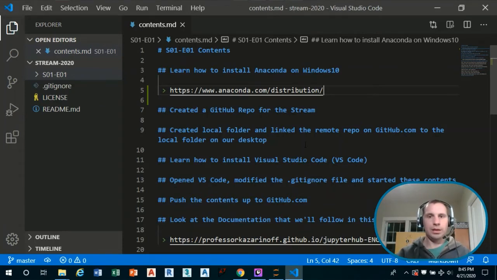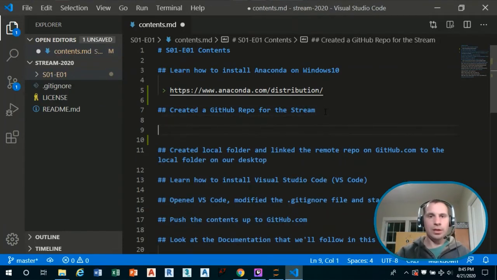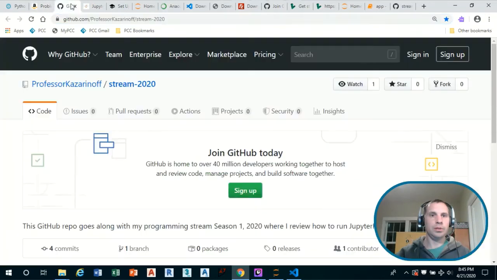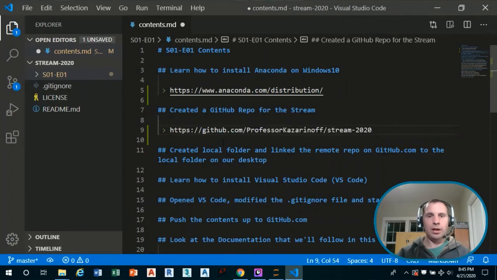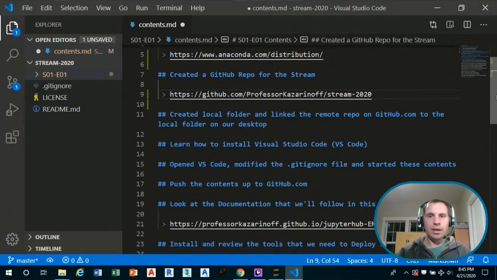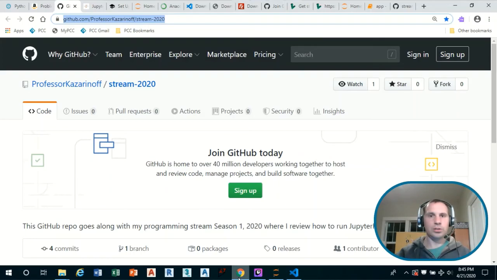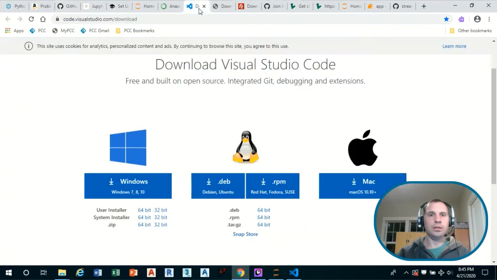And then let's also get the link for the stream. So the GitHub link for the stream that all the files will be saved at, that's there. And then learn how to install VS Code. Let's grab that link too. And that is here.